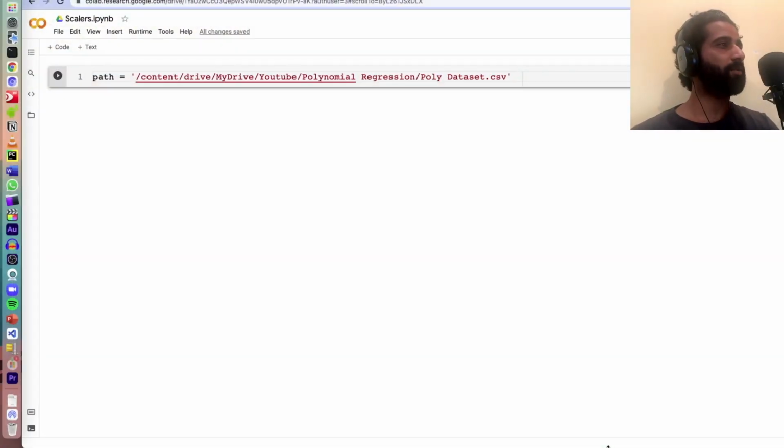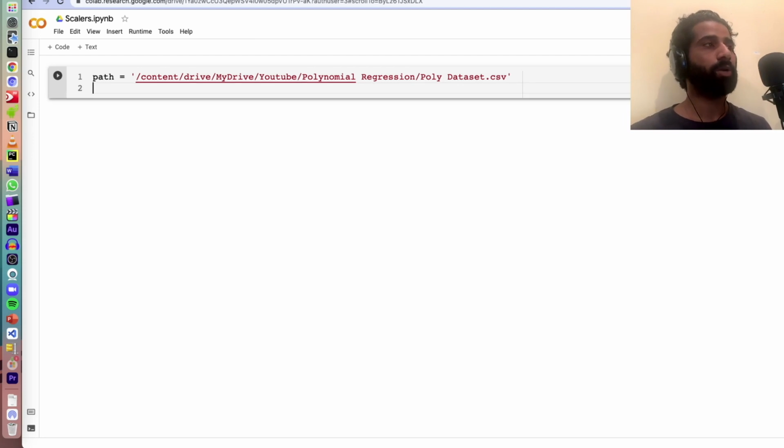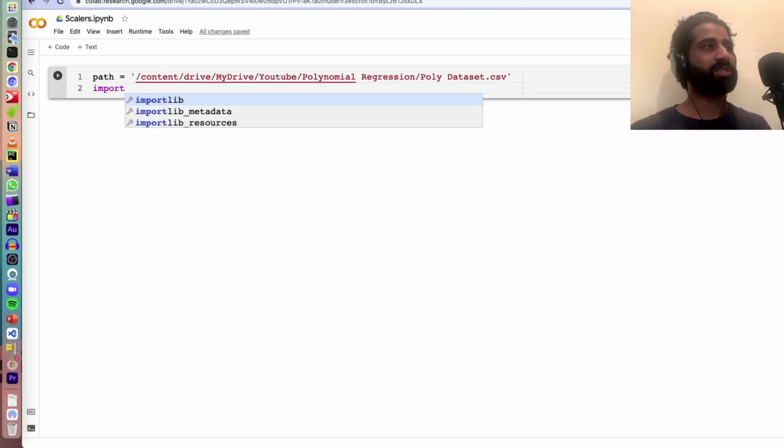So let's begin. As you can see, I have the path variable in my environment, and I have included this path because this is the dataset we are going to use. This is the same dataset we used in our previous examples. Now we need to import the basic libraries we will be working with. We do not have any NumPy operations here, but we will import NumPy just to be safe. So we will say import numpy